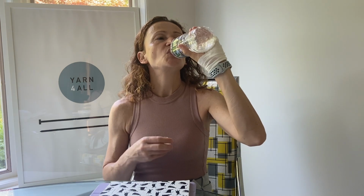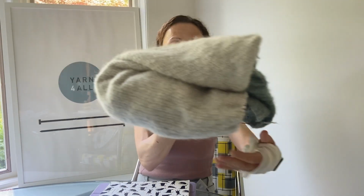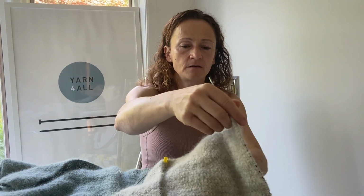So I will start to show you my works in progress, and then we move on to my pattern acquisitions, and then I will show you the yarns that I bought for that pattern and one extra yarn. So let's start with something that I showed you a couple of podcasts ago. And this is my giant blanket that I am gift knitting, and I am using Drops